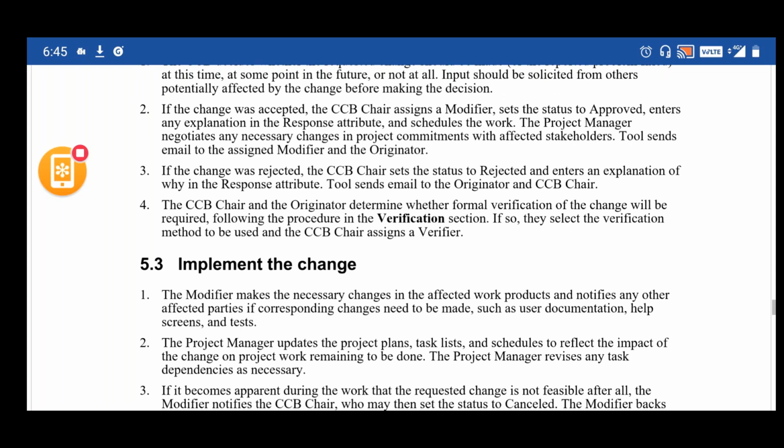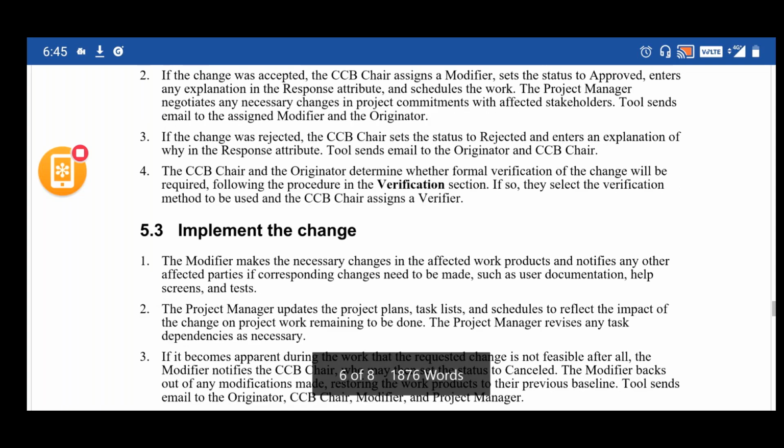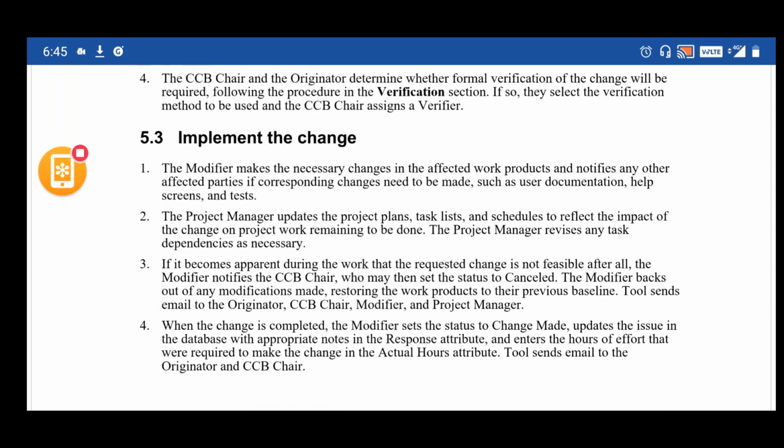Coming to the third thing, that is implementing the change. The implementation is done by the developer. The modifier makes the necessary changes in the affected work products and notifies any other affected parties if corresponding changes need to be made. Obviously, a change is not a simple one. It will impact a number of other locations.